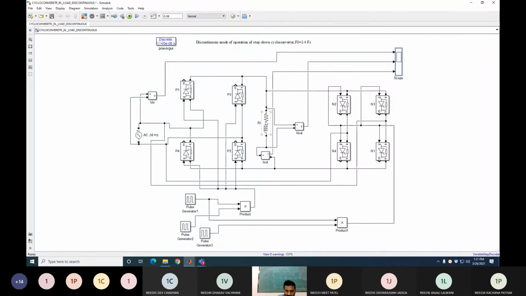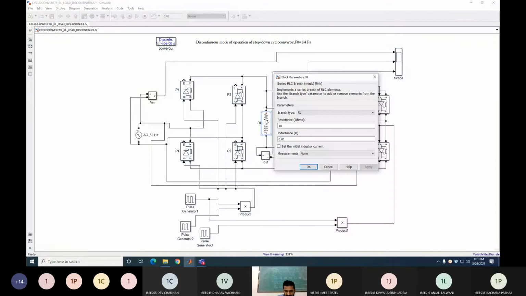So as we have taken the RL load, I take the same values as we have taken during the lecture today morning. R is 10 ohm and L is 10 millihenry. As you know, our firing delay we have taken here is 30 degree, and if you calculate for this value of R and L, the power factor angle phi is tan inverse XL by R, that is 17.3 degree. Okay, that we already calculated in this lecture. So it means that here your alpha is more than the power factor angle. Clear? So for this condition, you get the discontinuous mode of operation of the load current.